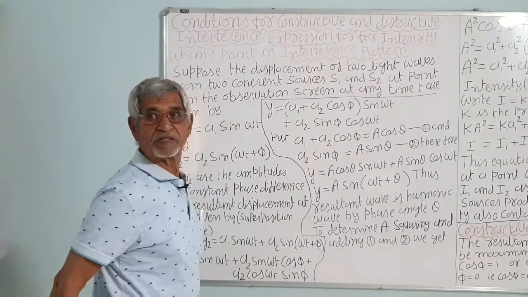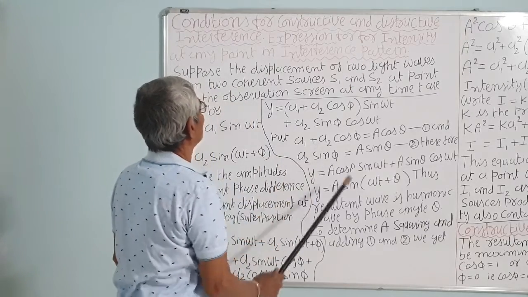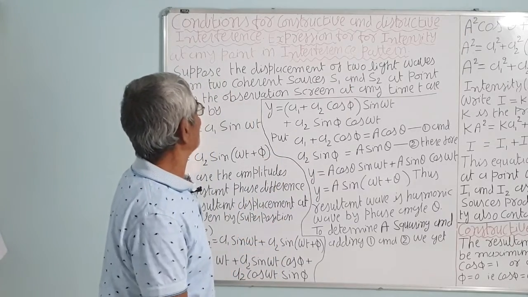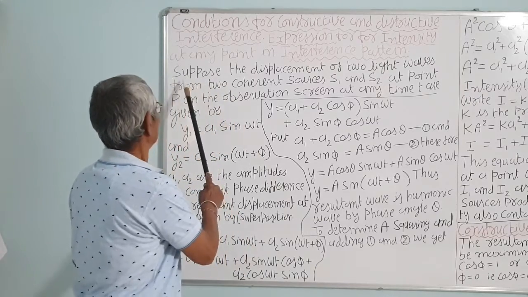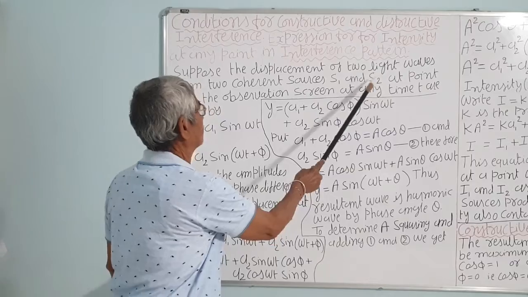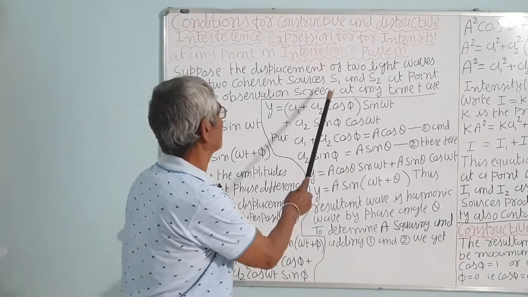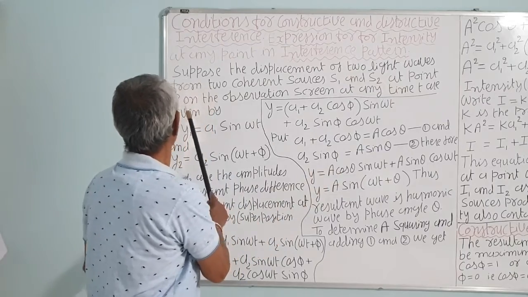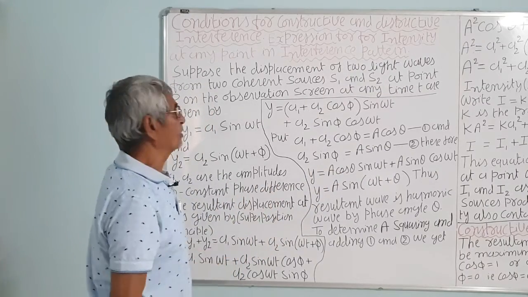Condition for constructive and destructive interference. Expression for the intensities at a point in the interference pattern. Suppose the displacement of the two light waves from the two coherent sources, as we have discussed yesterday, S1 and S2, at a point P on the observation screen, that is on the screen in Young's double slit experiment,